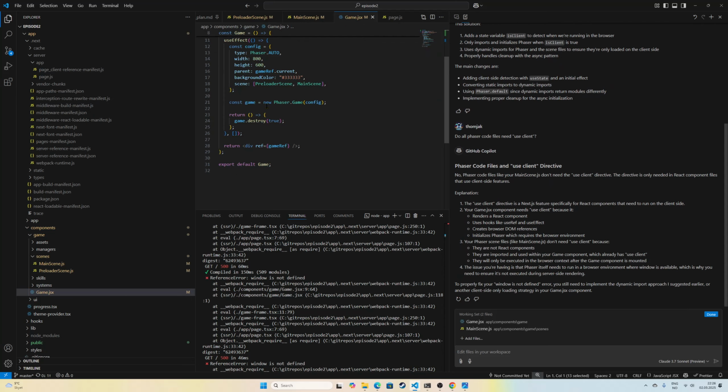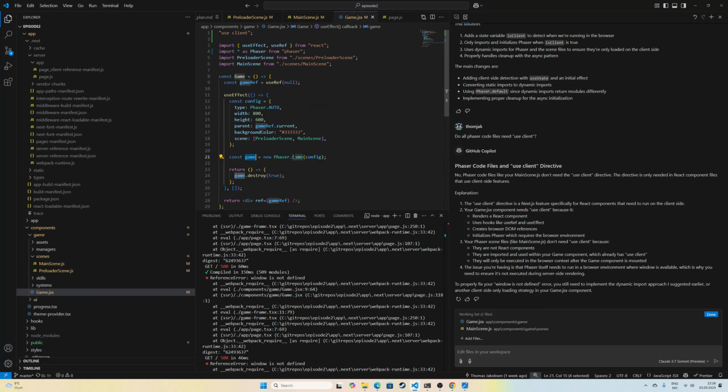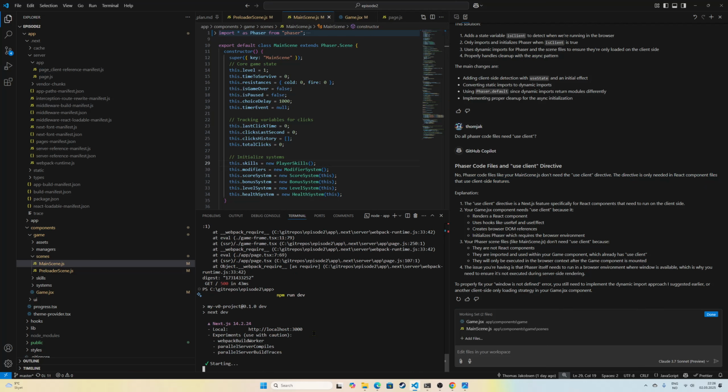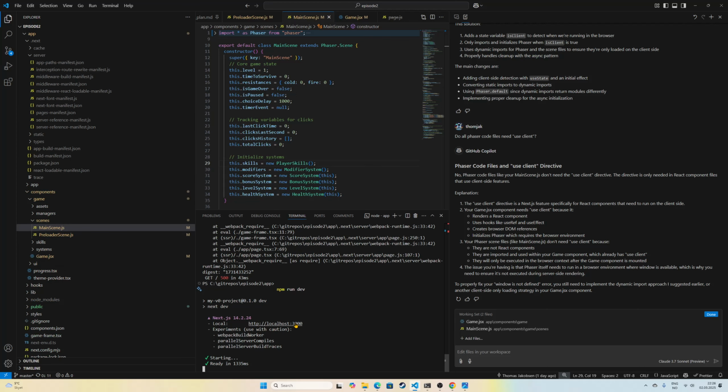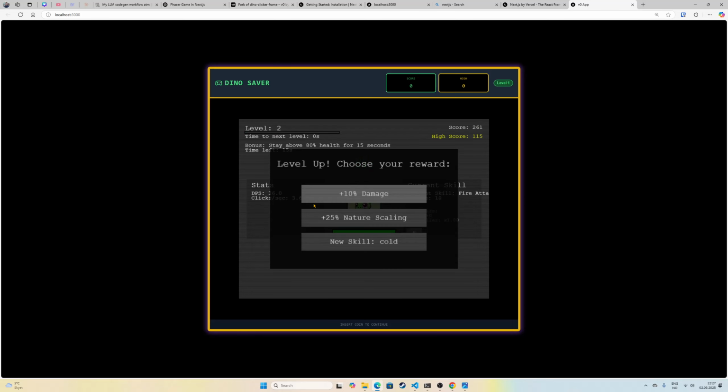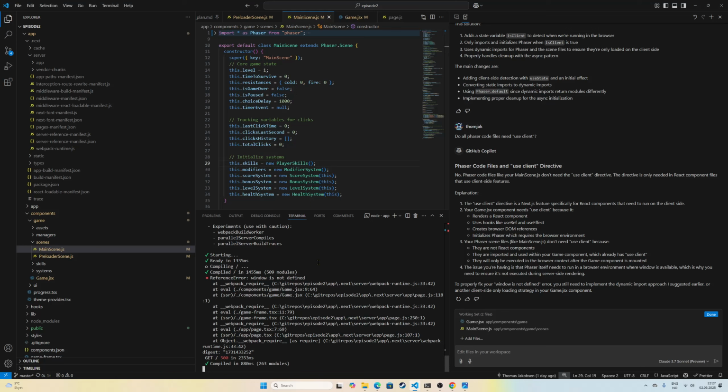A component, and the component will use lots of stuff. And then these scenes are just code. Yeah. So I don't get it why this doesn't work. I mean, it works. Phaser runs, but